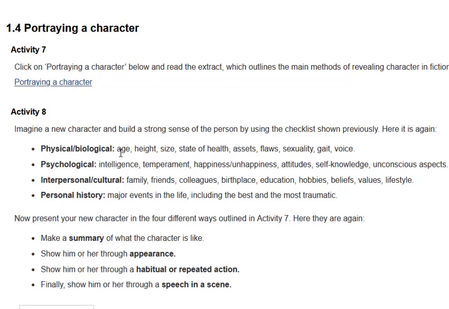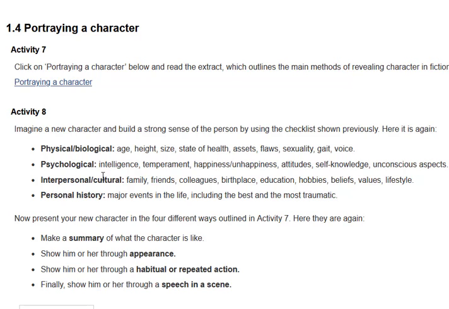And in the chart, you write age, 25, height, 5 feet 5, size, about medium, fat. Age would be middle age, height, 5 feet 5, size, fat, state of health, middle-aged, assets, not so rich, flaws, insecure, sexuality, okay, he could be either one. You don't have to make that clear. Gait, oh, he limps. Voice, it's a man with a female voice. Okay, so these would be the biological traits of your character.